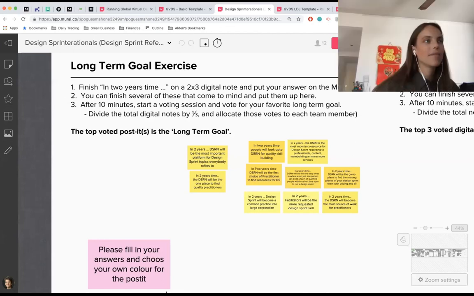Exactly. We had another question here from Steven about prototypes. When testing the prototype, how do you approach recruiting users? For example, is it important that test participants reflect the geographic diversity of the sprint team, or is the recruitment based primarily on the user personas of the product or challenge?